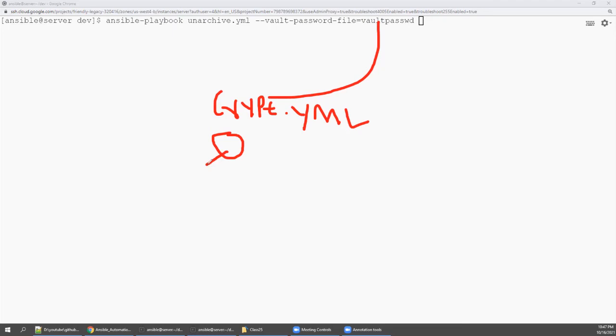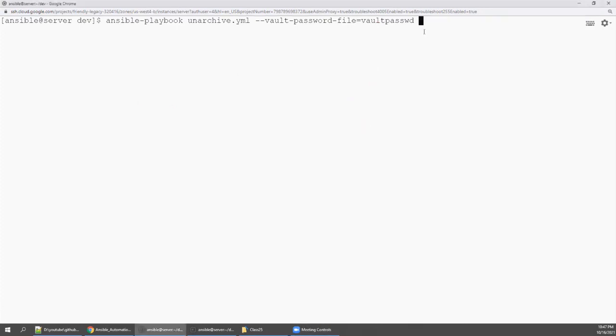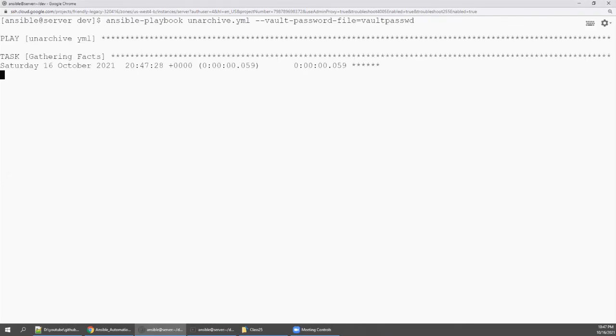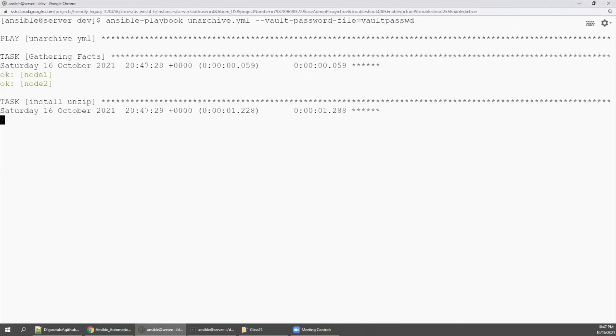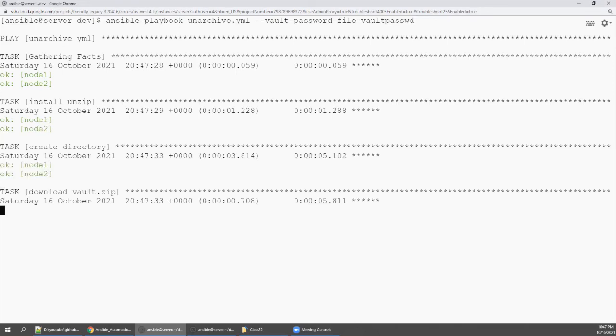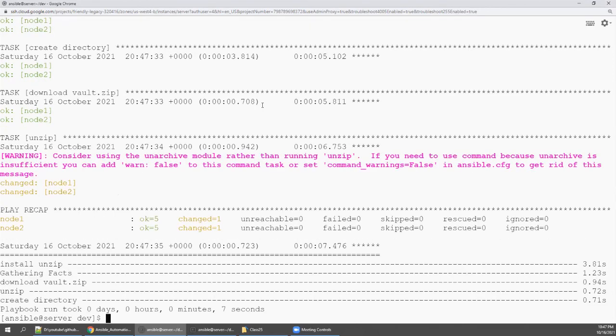What is the value? CNL12345. Take that and go to this playbook, where there is a variable. Replace it with this value, CNL12345, and unzip. This is exactly what we are trying to achieve here. So let's go and execute this. Let's wait, it is creating the directory, downloading, and everything.